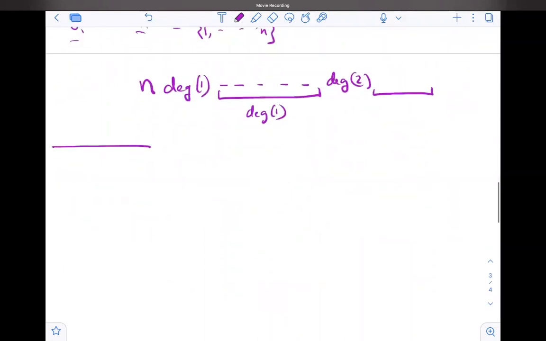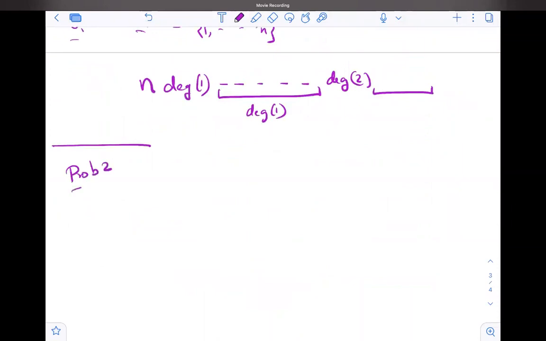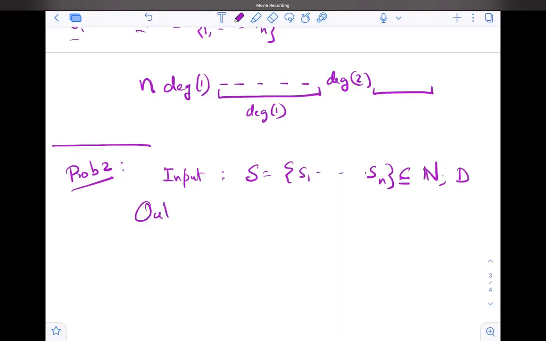Okay. Now let's see some other problems. Say I have given you a set. So the input is a set S of S1 to Sn, which are all subsets of n, and a number I have been given, t. And the output is 1 if there exists a subset S prime of S such that the summation of Si's in S prime